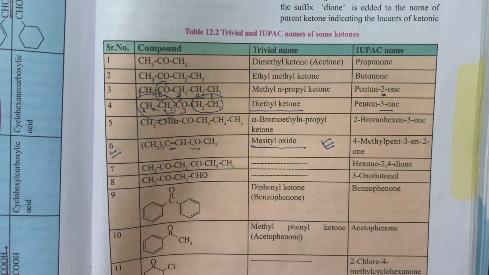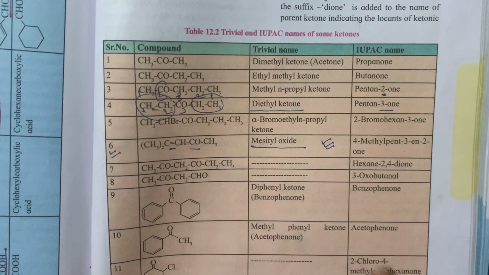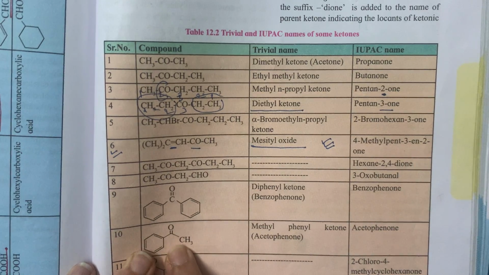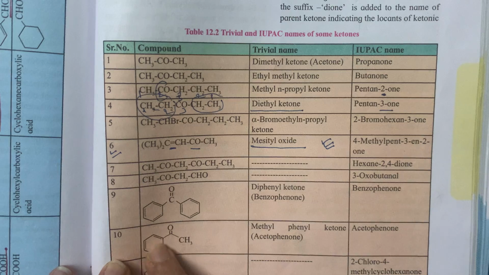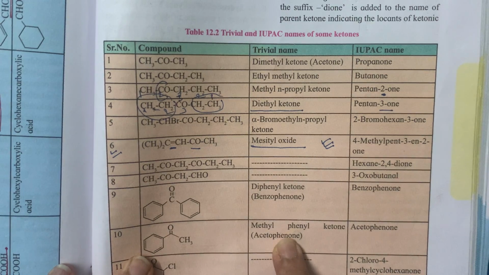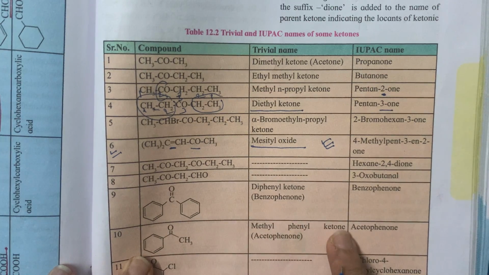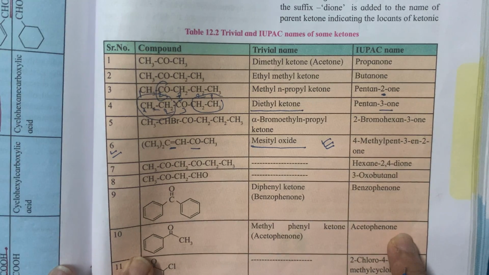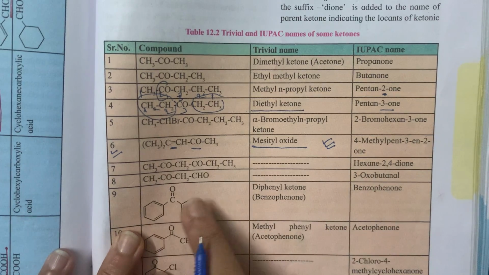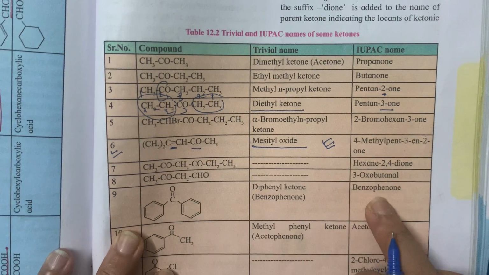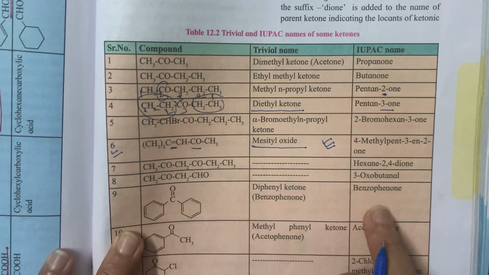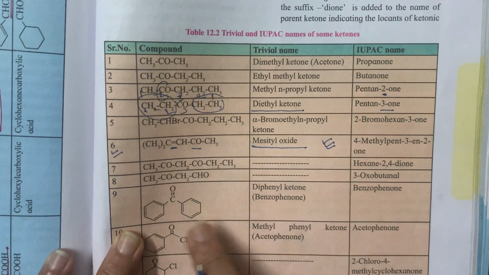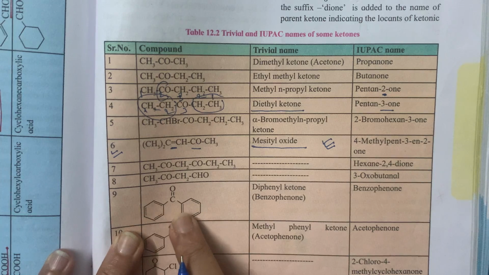Then this is our alicyclic ketone, which we studied before. This is our aromatic ketone, where it is the methyl group and this is the phenyl group. So this is a mixed ketone, that's why the name is methyl phenyl ketone. Again alphabetical order: M comes first, P comes after that. So this is methyl phenyl ketone, and the IUPAC name is acetophenone. When there are 2 benzene rings, then the IUPAC name is benzophenone. One ring is treated as a benzene, another ring is treated as a phenone. So that's why this is treated as benzophenone.